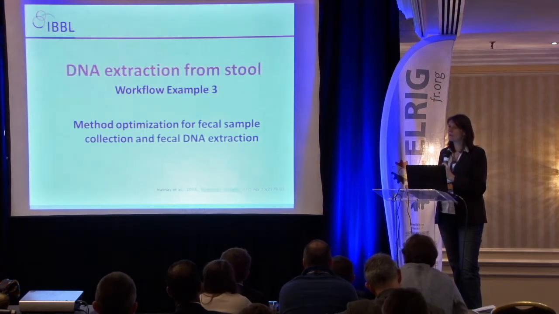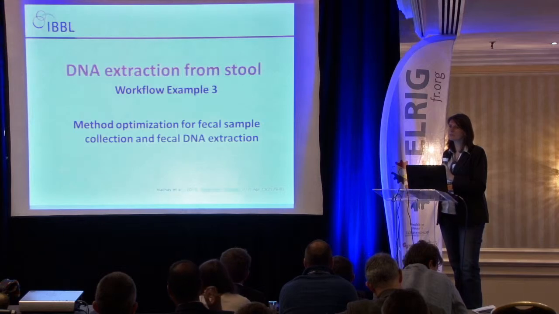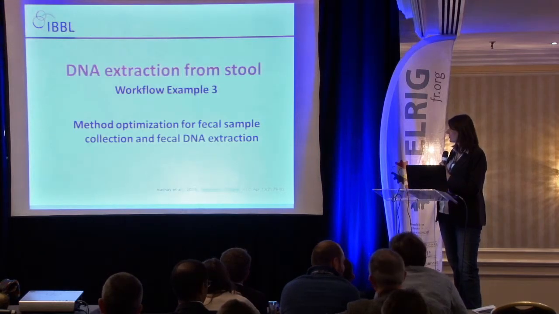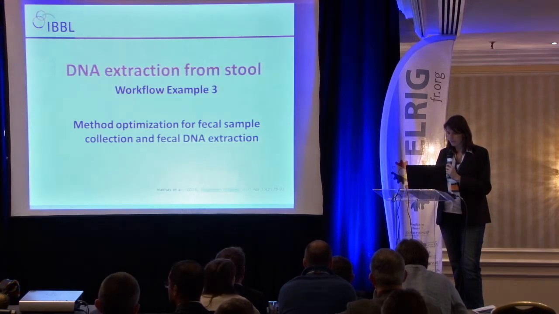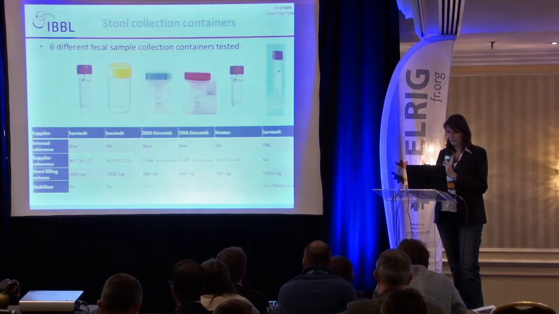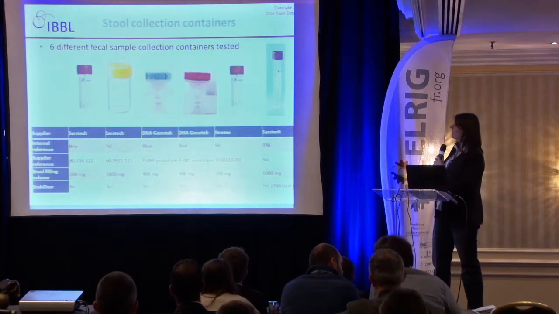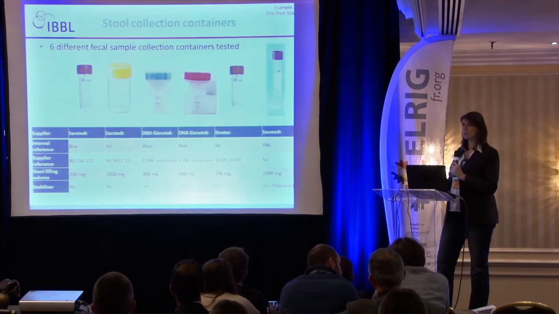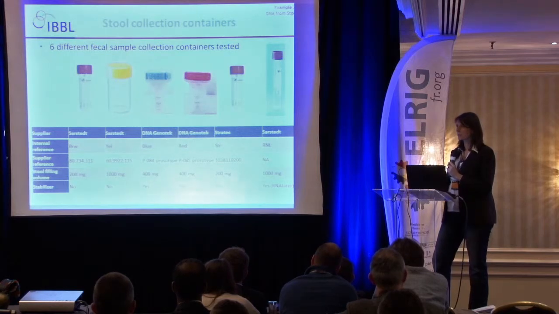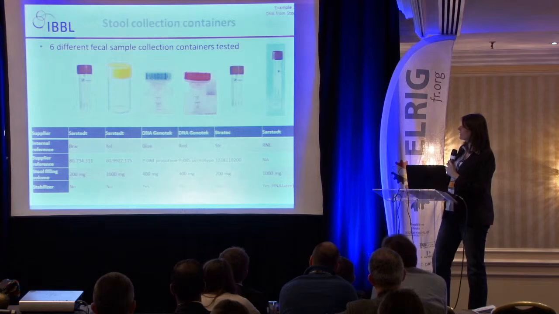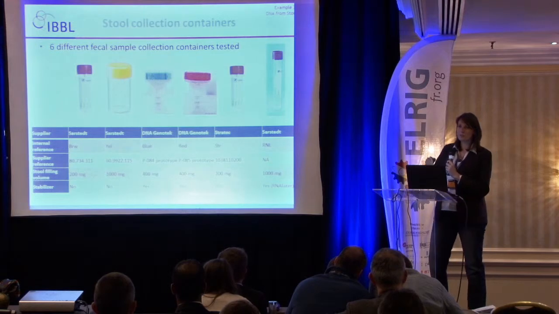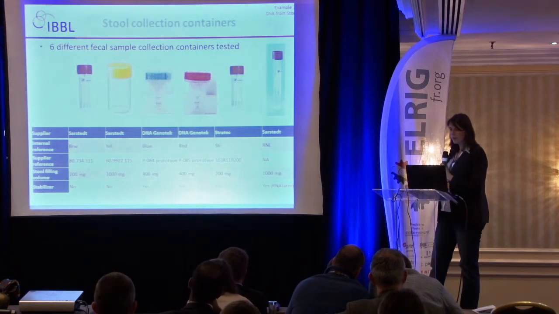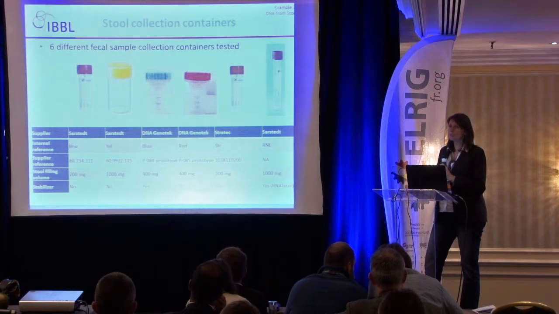And there, again, we did a method optimization and validation, but not only for the extraction method, but also for the sample collection tube. Again, these results were published earlier this year in the Biopreservation and Biobanking journal. So here you see the different collection tubes. Why is it important to check for different collection tubes? Because only 2 of these are plain tubes, not containing any stabilizers. The other 4 contain stabilizing reagents, because as you can imagine, stool collection is easiest for people to do at home and bring the next day to the clinic or